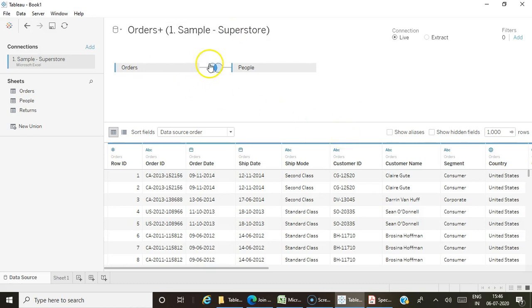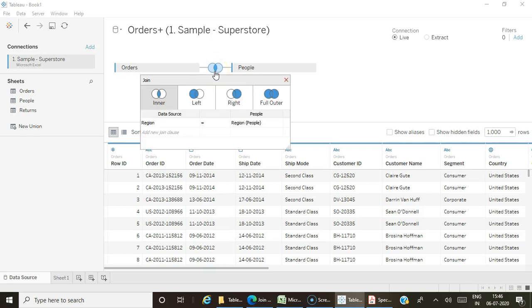In Tableau, we have four types of join: inner join, left join, right join, full outer join. According to your requirements, you have to choose any of these joins. So what is joining? Joining will help you to combine the fields from both the tables based on a particular condition.